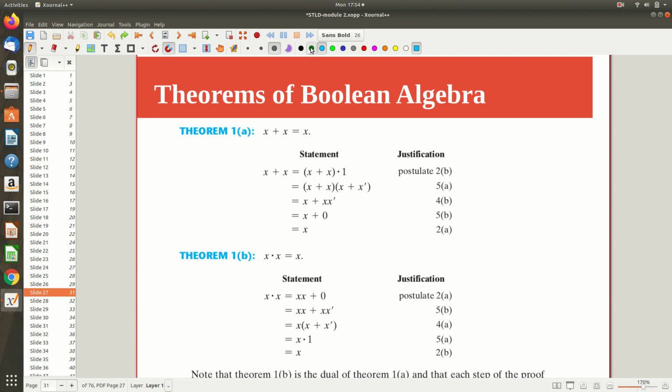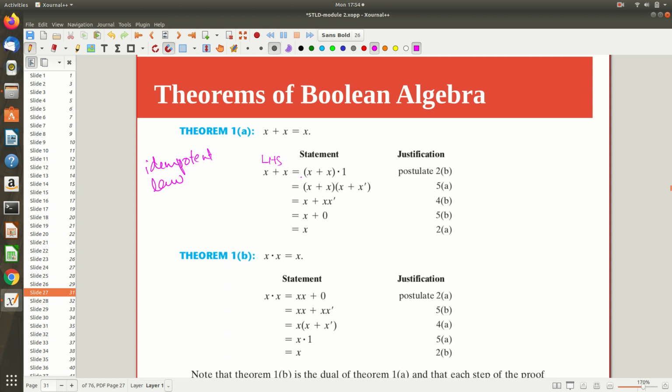See, what is the first one? Hope you remember what this theorem is. This is the idempotent law, right? Idempotent law. I have an A part, x plus x, and its dual, x dot x, equal to x. We will see why x plus x is x, instead of using a truth table. So what I was doing is I am taking the LHS.